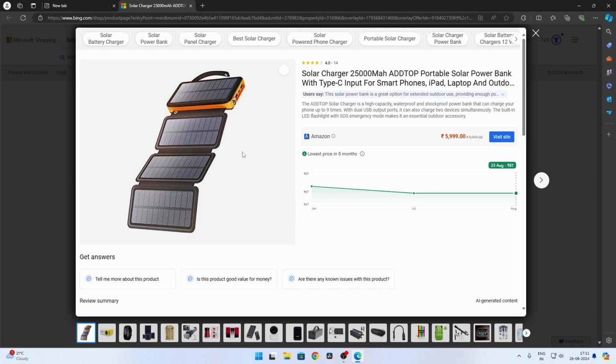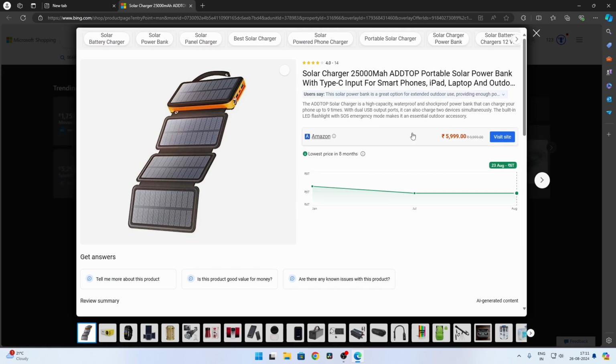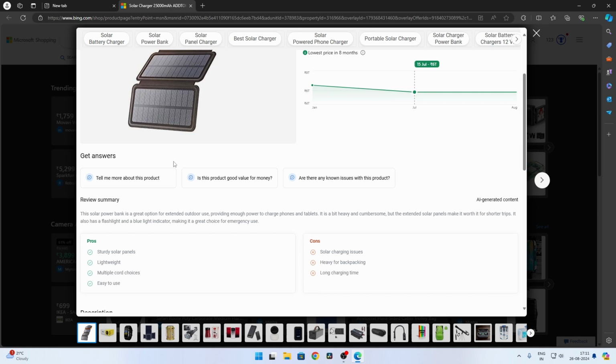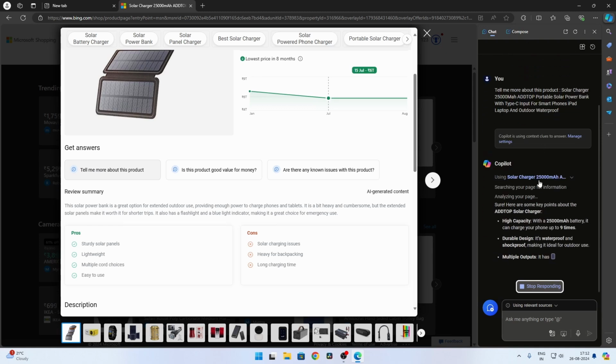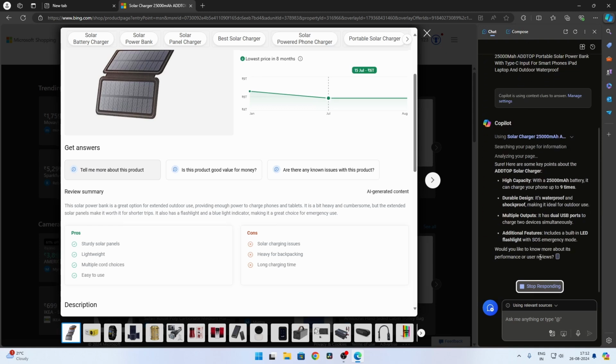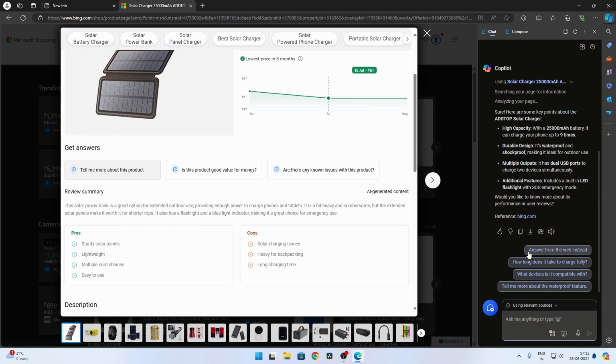If I click on this product, it will open a new tab, and you can see the description and more information on it. Also you can see a few things like Get answer, where they are asking, tell me more about this product, or is this product good value for money? If you click Get answer, it directly opens the Copilot sidebar,